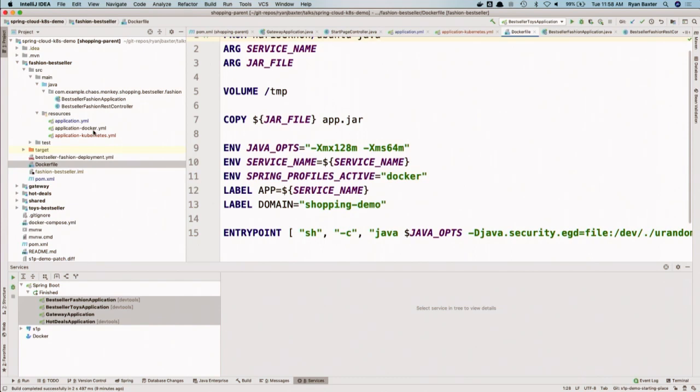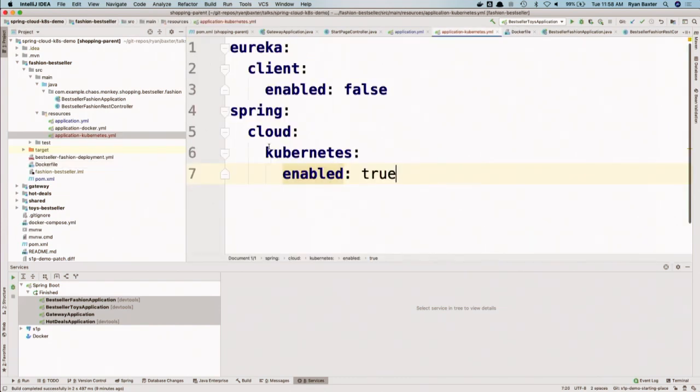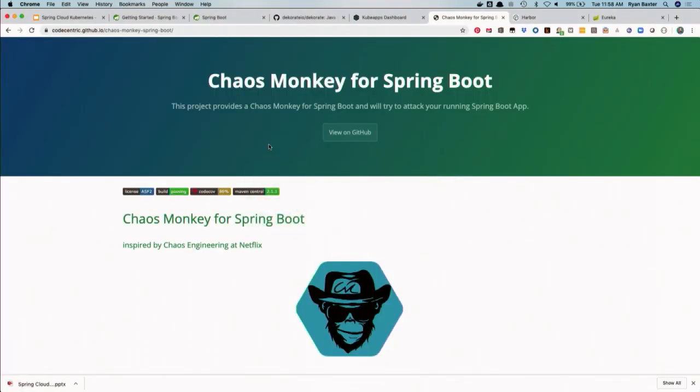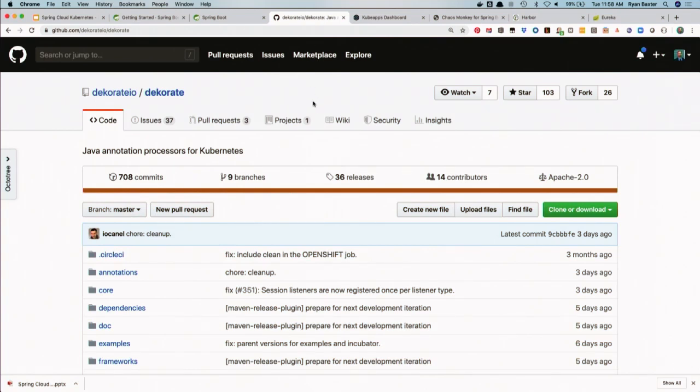Now, I don't really mind YAML. Like when I have to write this amount of YAML, I don't mind it. But when you do this in Kubernetes, it's a lot of YAML. It's a lot. And every time I need to do it, I have to go back to the Kubernetes documentation, figure out what the right properties are, and type it all in. And it takes me forever, and it's really annoying. But someone told me about this really cool tool that I'm going to use today, just so it's not as annoying, called Dekorate.